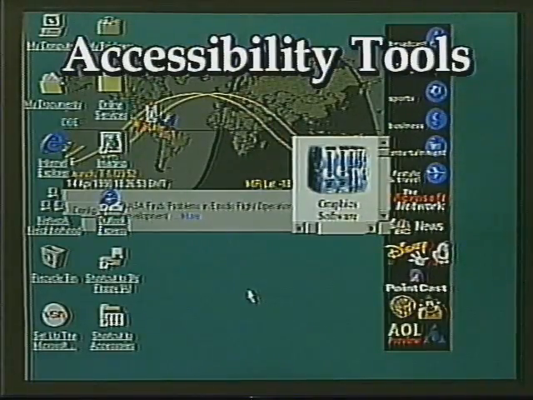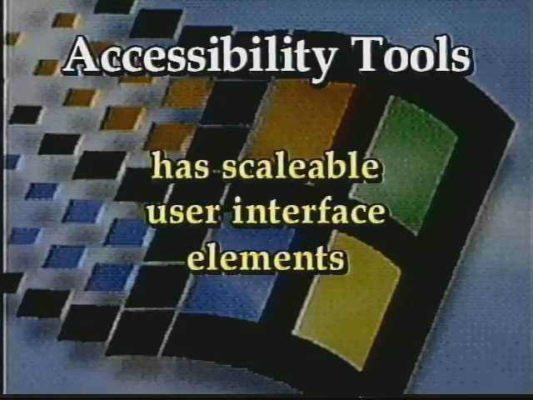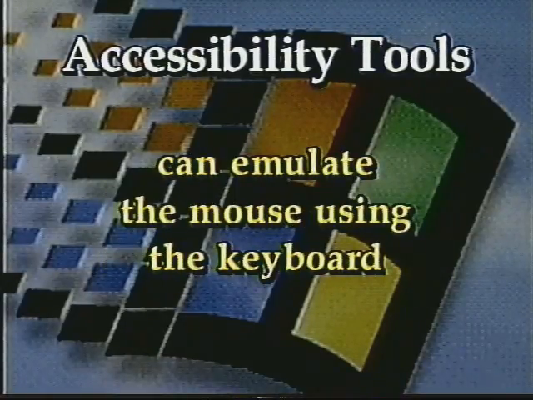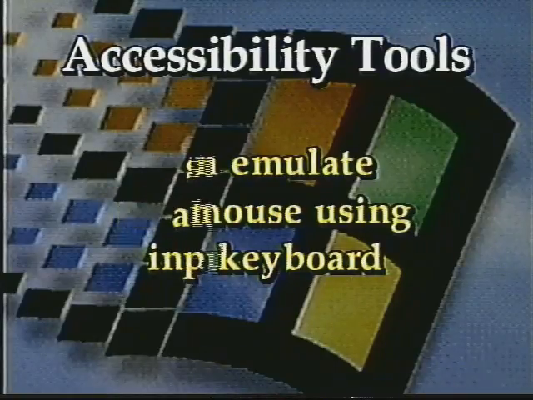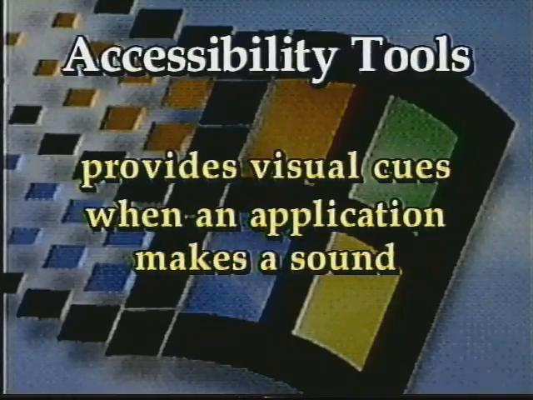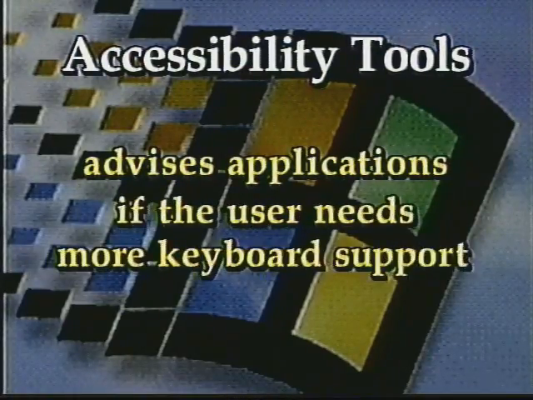Windows 98 enhances a user's system for accessibility in the following ways: making the user interface elements scalable, compensating for difficulties using the keyboard, emulating the mouse with the keyboard, supporting alternative input devices that emulate the keyboard and mouse, providing visual cues to let users know when an application is making sounds, advising applications when the user has a vision impairment,